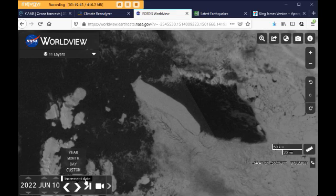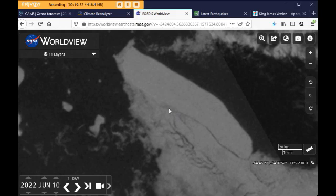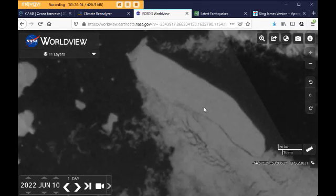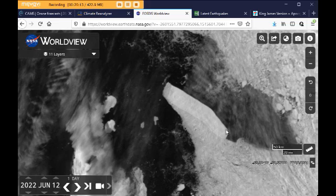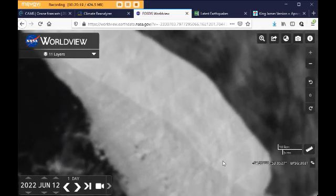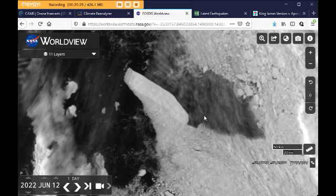And here's the 10th. Now this is a really good view, and if we zoom in, we can see the edge. Here's the iceberg, and here's the sea ice that's trying to freeze around it, but you see the cracks. It's not frozen in. And then the 11th, can't see it, and here we are today. So it's making progress,